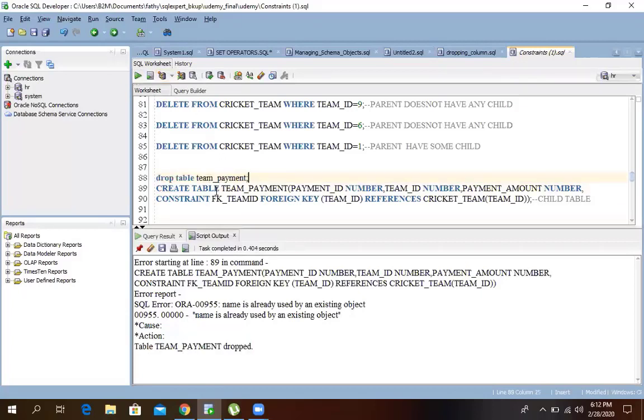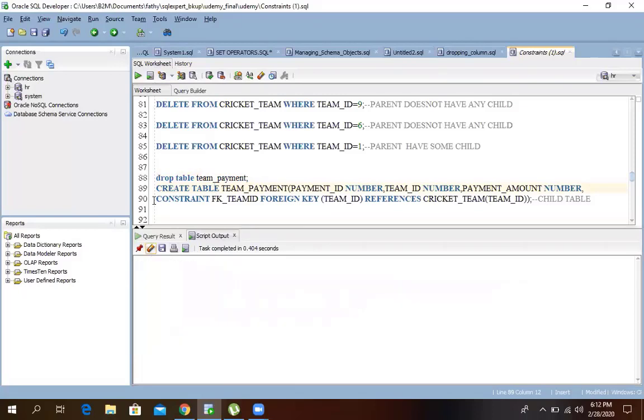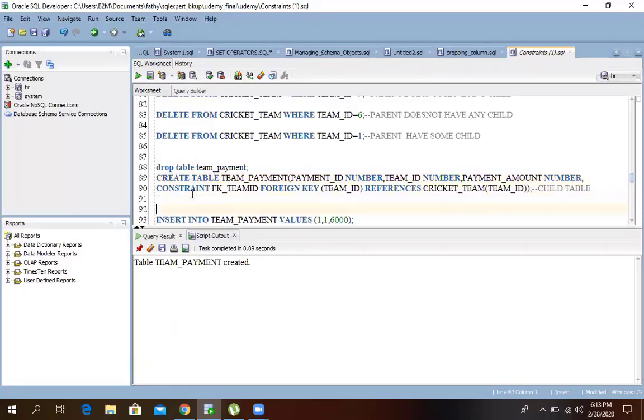Team payment dropped, and I'm creating the table again. Now I'm going to insert the values.